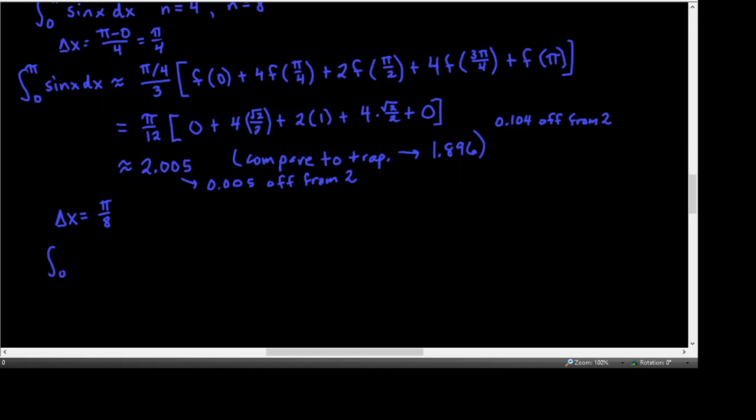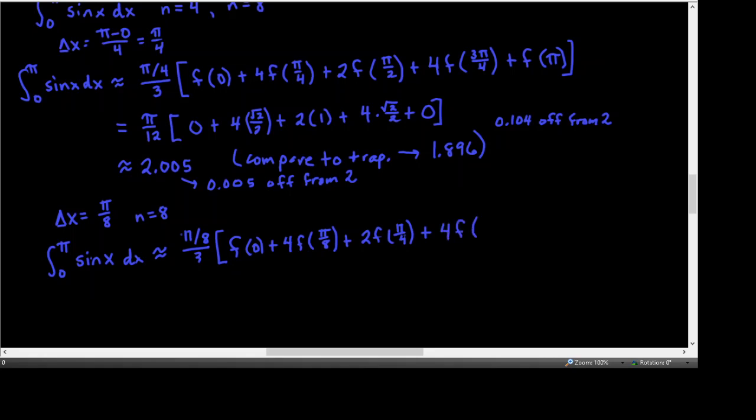And this with n equals 8, this is going to be pi over 8 divided by 3 times f of 0 plus 4 f of pi over 8 plus 2 f of pi over 4